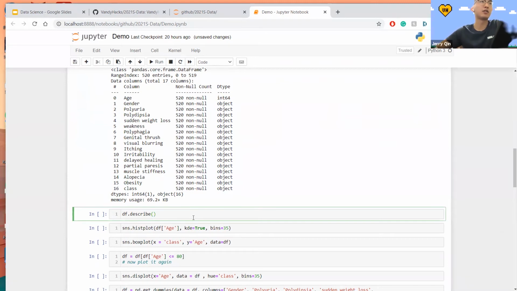Next up, we want to get some more quick statistics on our data frame, and we can do this with the describe function. The describe function allows us to get some of the generalized statistics for all the numerical columns of our data frame. So if I call df.describe, I should be getting some statistics for our age column, since it's the only feature column that has